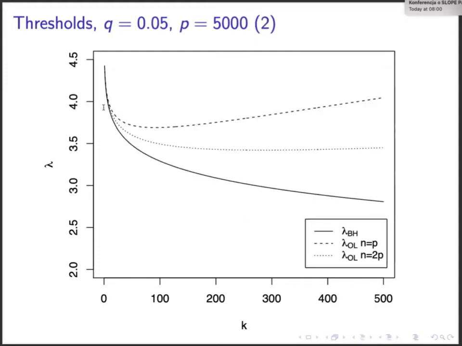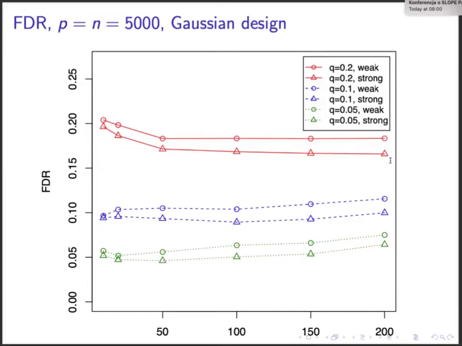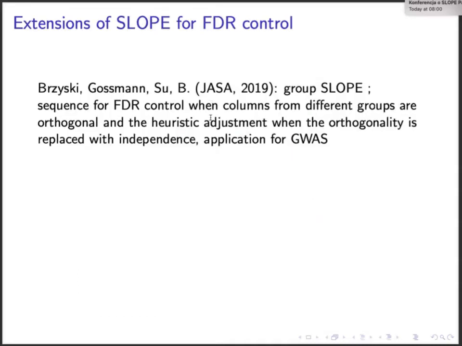And here is another interesting situation when we decrease the FDR level. Now it becomes more difficult to control. The adjusted sequence actually goes up from this point. And if the lambda sequence is not decreasing, then SLOPE is no longer convex. So our formula would no longer be convex. So what we do in practice is we go up to this point, then make the sequence flat from this point, and we guarantee FDR control only up to this level. So we can control FDR when x's are independent and when the signal is sparse, using this heuristic adjustment.